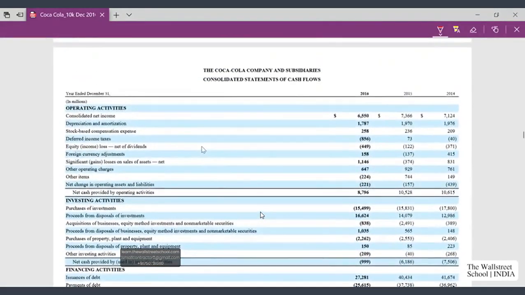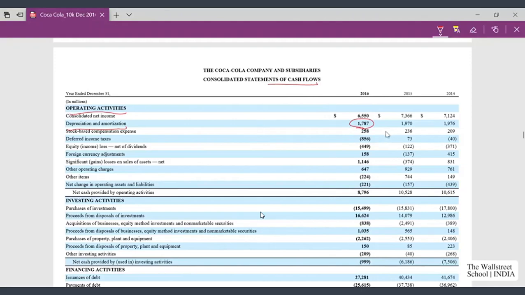So this is my statement of cash flows, and as you can see, under operating activities, cash from operating activities, the company has adjusted depreciation and amortization expense, which is 1787.